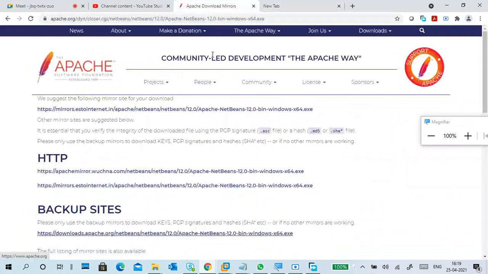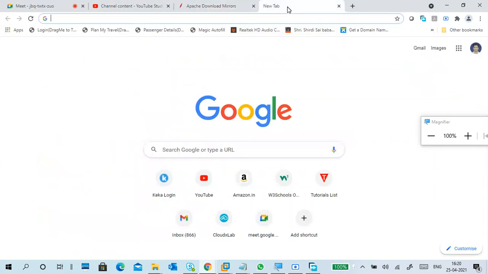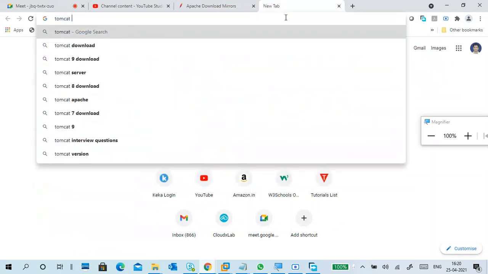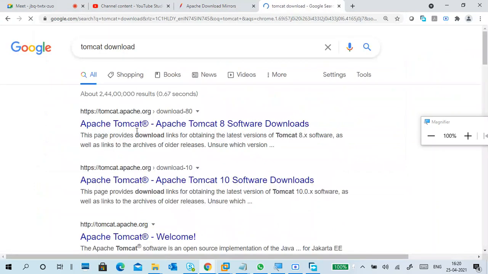This is Apache. Apache is an organization. Okay, and in Apache, a lot of projects are there like this. So one of the projects is Tomcat. Just go to Tomcat download. Tomcat 8, Tomcat 10, Tomcat 8.5, like that.